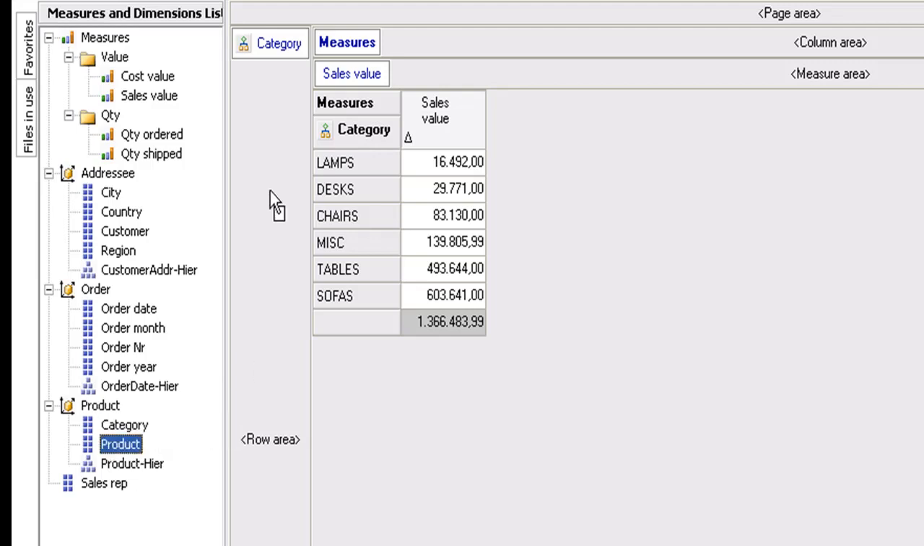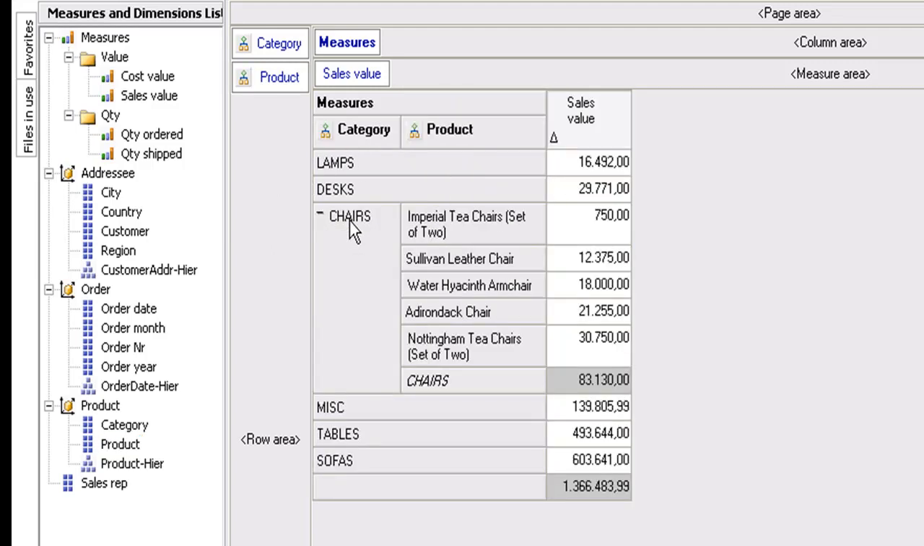When you drag the dimension product, we create another level of detail, and it will appear by double-clicking on the line to drill down. For example, if we do it on the chairs line, we detail it for the dimension product. The detail sequence will be the same sequence of dimensions that we dragged in the row area, and we may